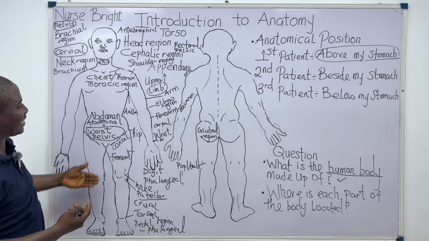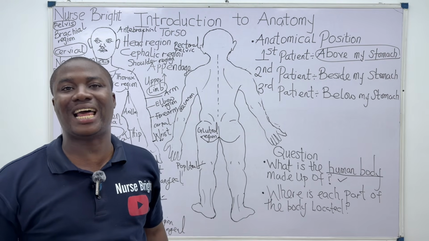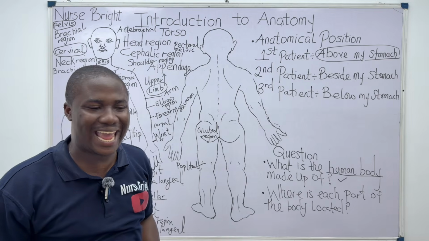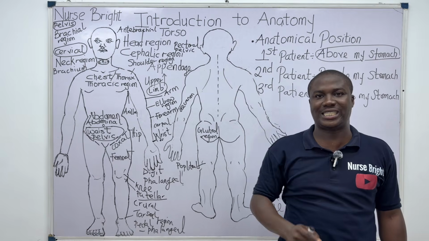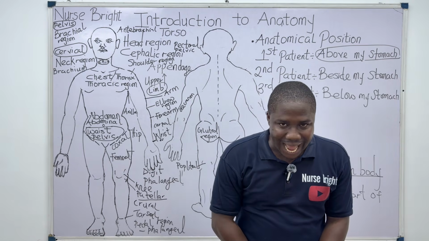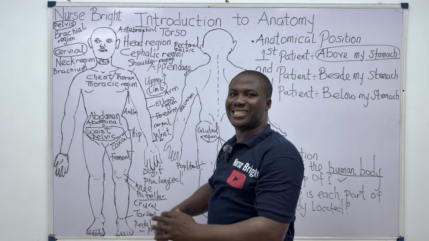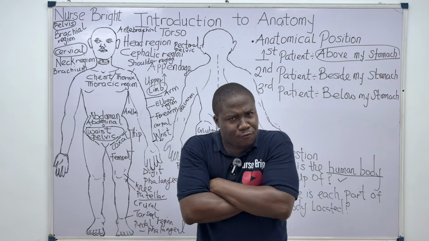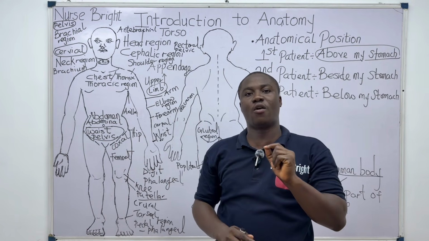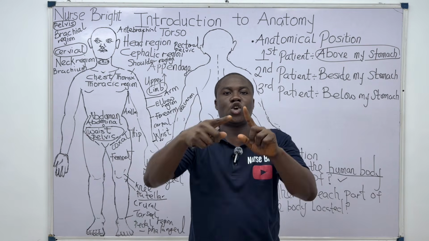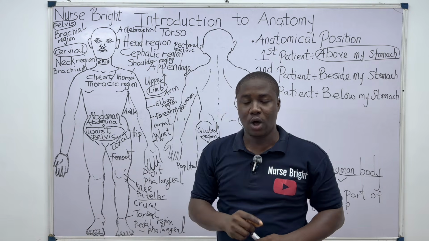So this is what we call anatomical position. And the first thing to note in an anatomical position, the body will stand erect in an upright posture, and that is what we are seeing there. You can see it now. The body is standing erect in an upright posture. Note that is essential. You cannot go and stand like this and say it's an anatomical position. You cannot stand facing this side and say it's anatomical position. No, you also cannot hold your hand like this and say this is anatomical position. Note all these things, they will help us to understand location and also relationship between structures of the human body. It is essential to note all of these things.